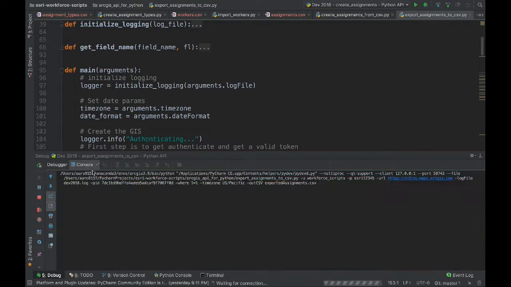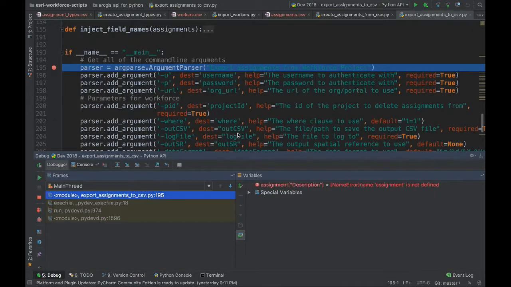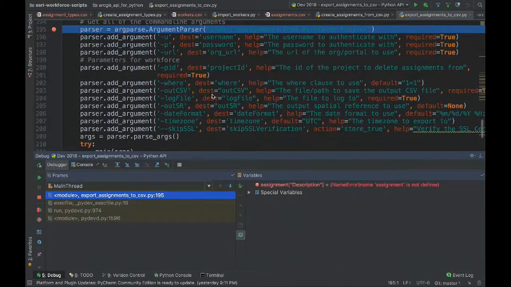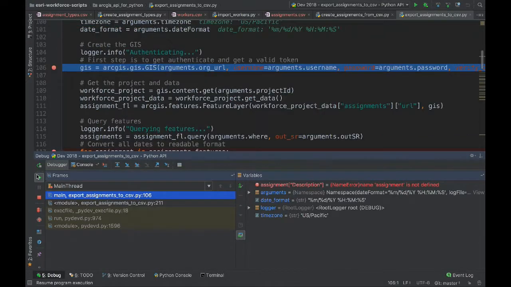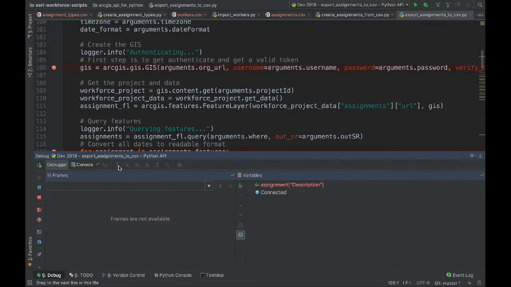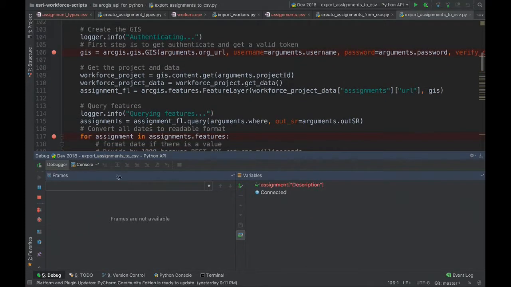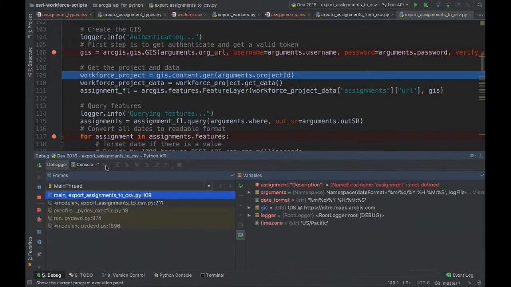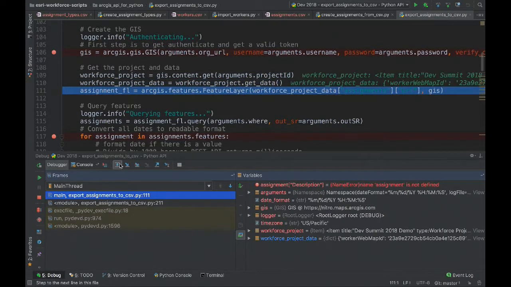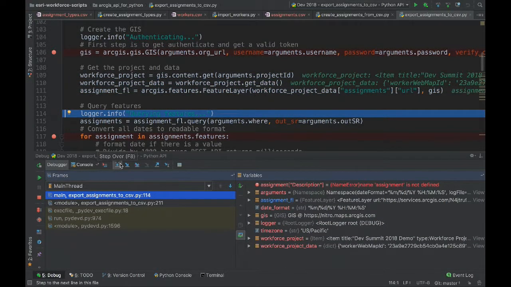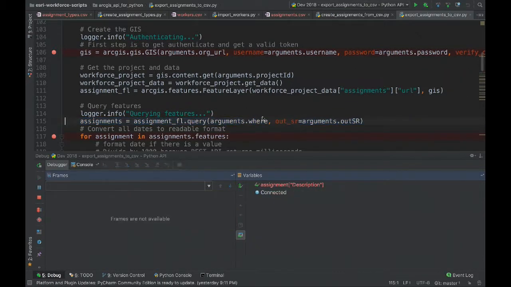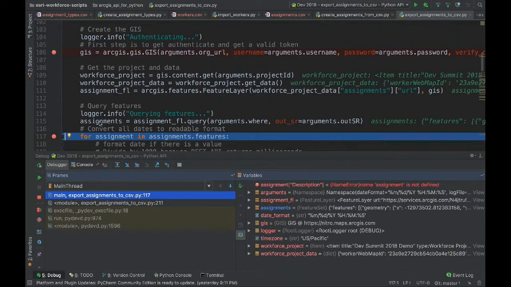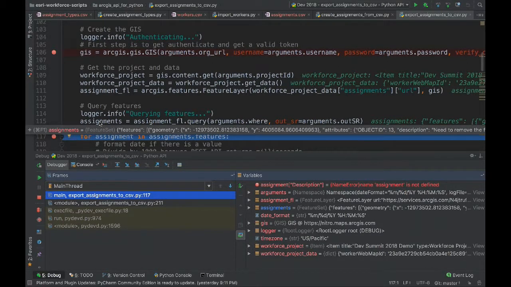Export assignments to CSV. So here we're parsing those same arguments, very similar to the other scripts, using argparse. Then we will create the ArcGIS object, very similar to before. We'll get the workforce project, we'll get the assignments feature layer that we want to query, and then we will actually query that using our specified where clause here. So if we hover over assignments, you can see that it returned a whole bunch of features,